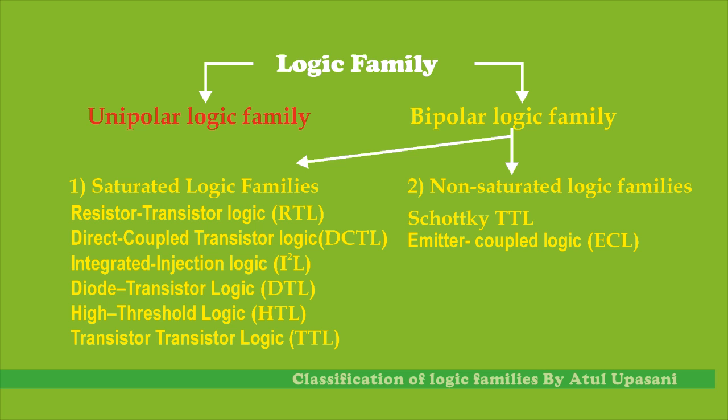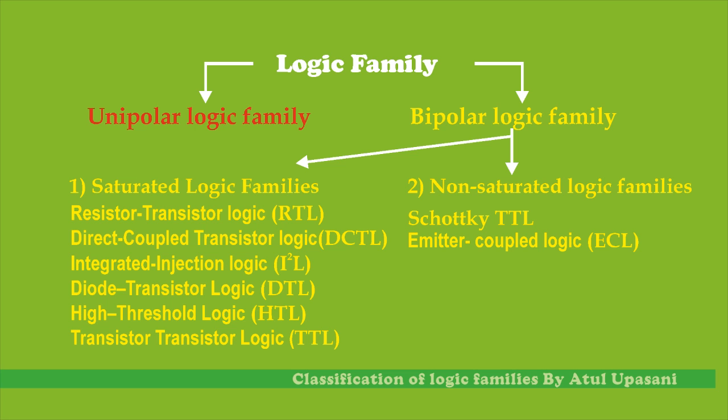In direct coupled transistor logic, we might have heard about the coupling of transistor amplifiers, in which there are many types of devices used to couple the transistor amplifier stages to one another. If the output of the first stage amplifier is directly coupled with the input of the second transistor amplifier stage, that coupling is called direct coupling. So if the gates are formed like this, the transistor logic family is called direct coupled transistor logic.